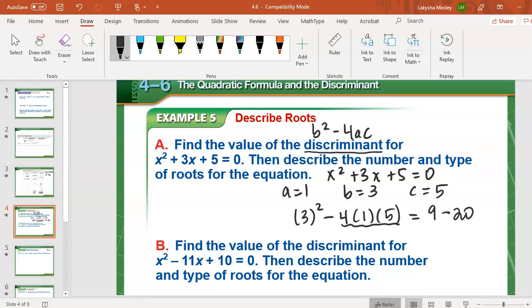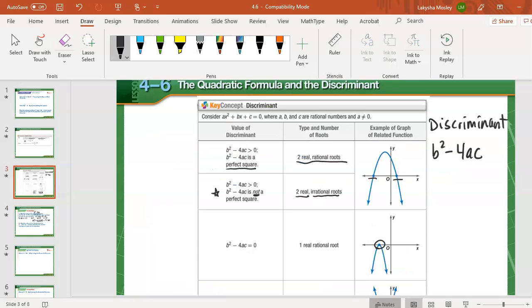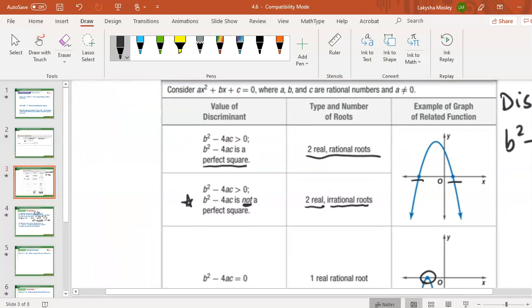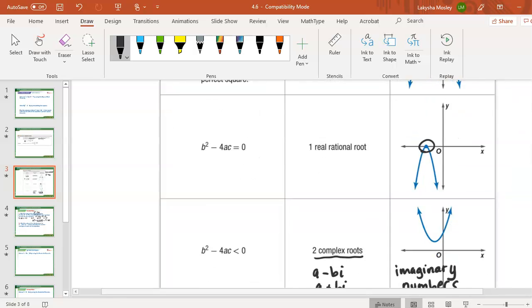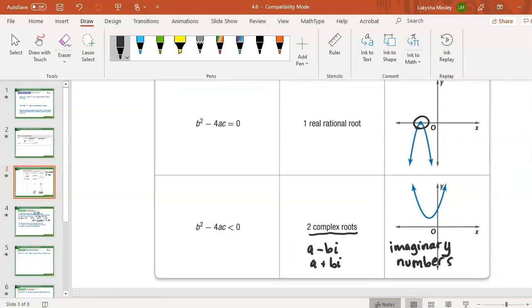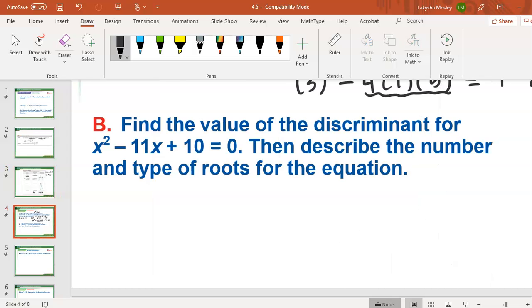So when I do this math, this is going to be negative 11, right? So I'm going to come over to this side here. I have 9 minus 20, which is equal to negative 11. All right, then I go back at this slide and I say, okay, my discriminant, well, I'm not greater than 0, it's this last one right here. Less than 0, because I got a negative, I'm going to get two complex roots. So I'll go back and I'll say